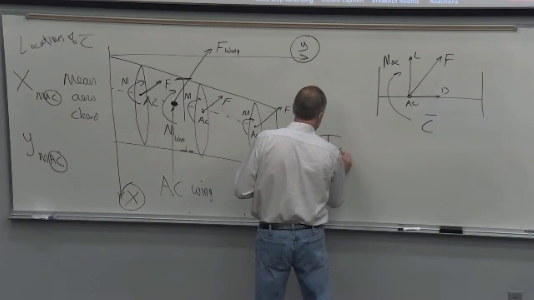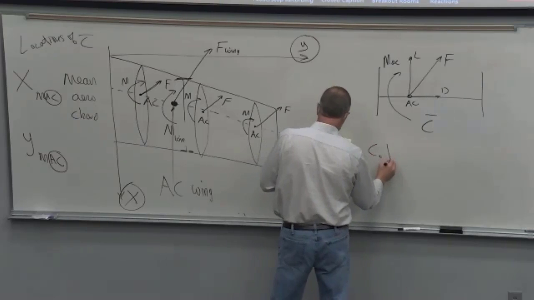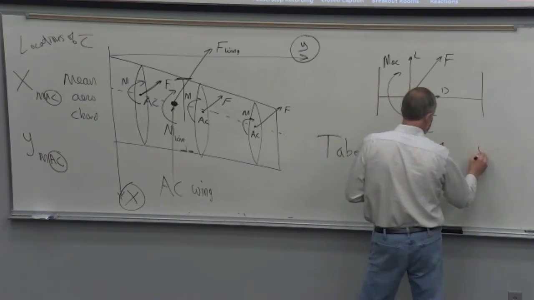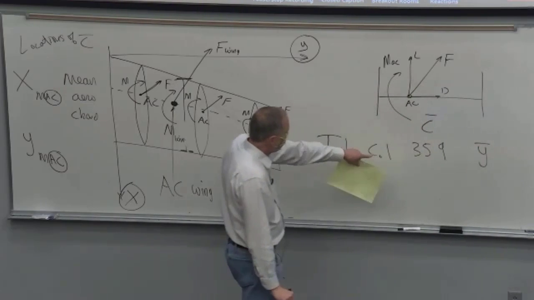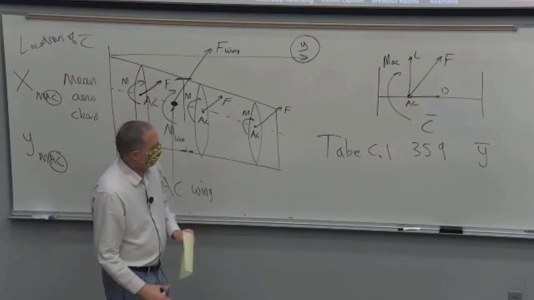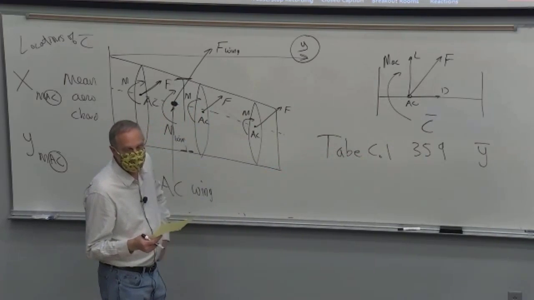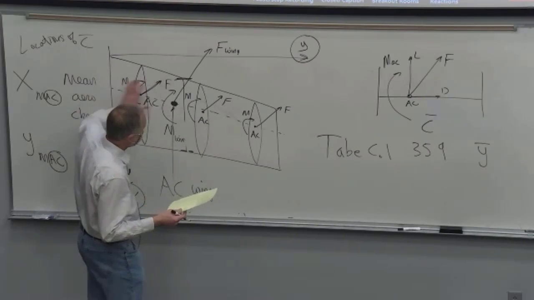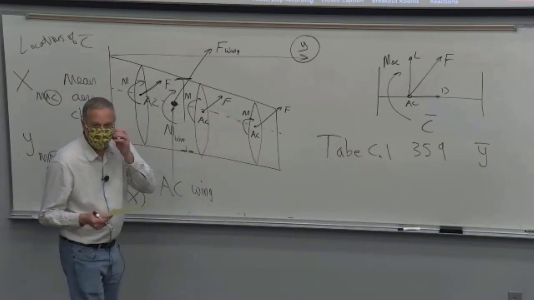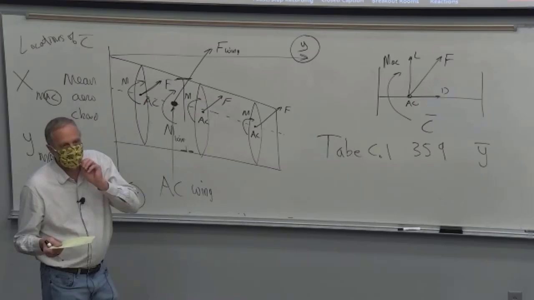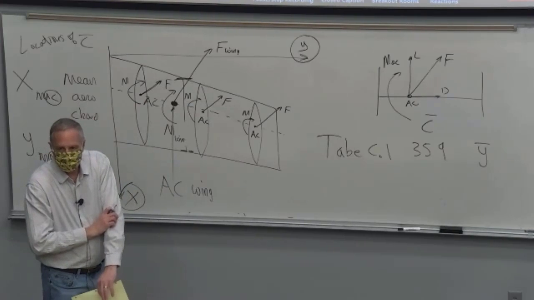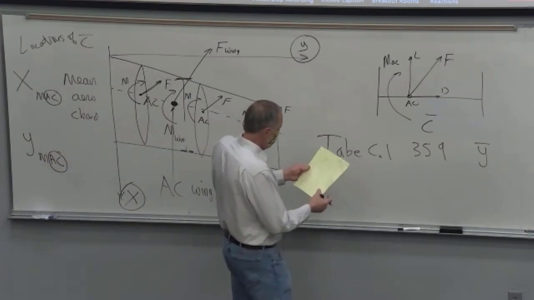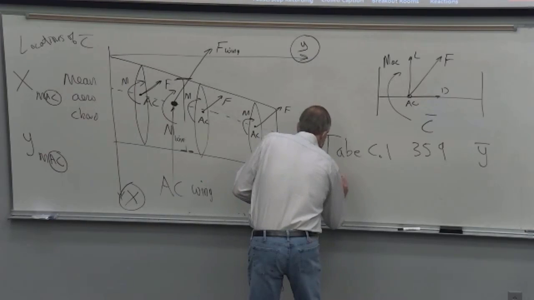So what you want to look at to get Y bar is table C.1 on page 359. There is a table where you look up Y bar for different lift distributions. And the lift distributions have to do with how the lift is distributed over the span of the aircraft. So I will tell you, when you do a homework problem or on a quiz or an exam, I'll say, choose this lift distribution. So you look up that line in the table, and you pick out the formula for Y bar. And then you need equation